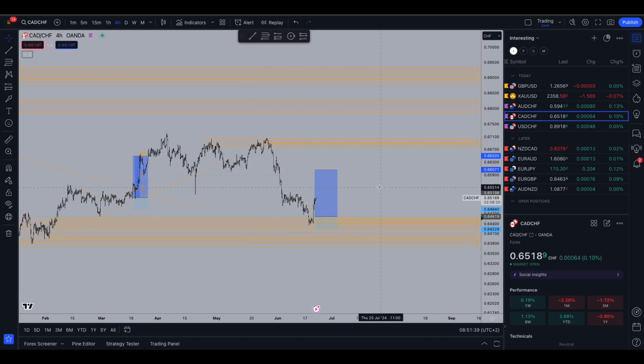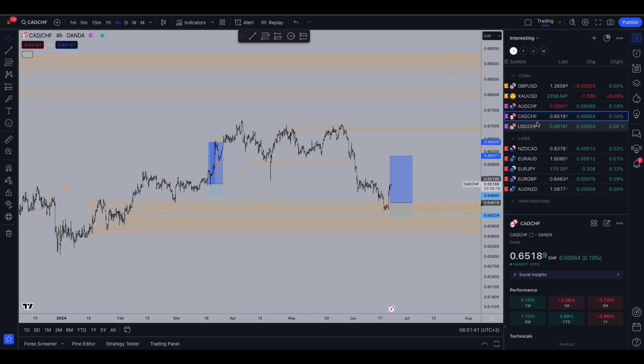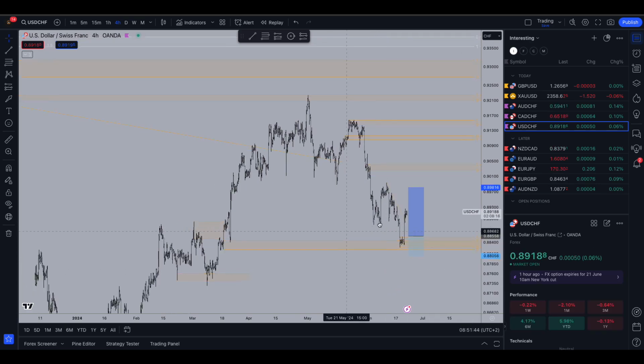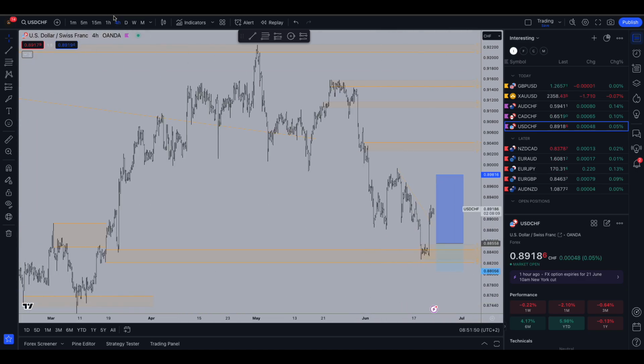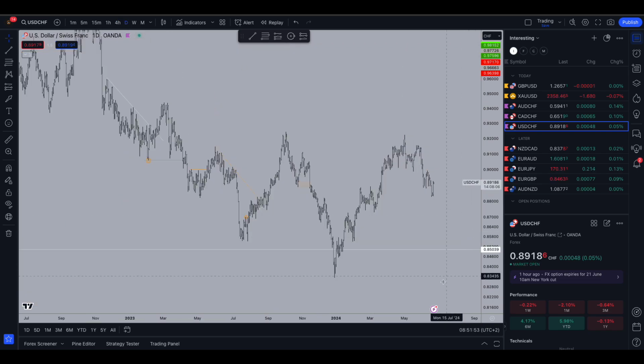But we could get a nice swing from this one. That's why I also want to trade it. Now we got US Swiss. I already talked about the US dollar possibly flying and the Swiss going down, so US Swiss for me is a no-brainer. Now if we go to US Swiss, what we can see is that we have some demand